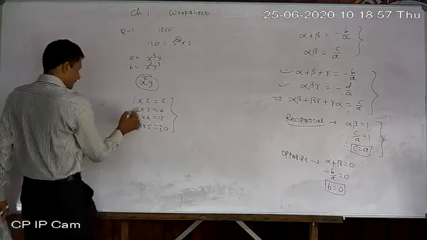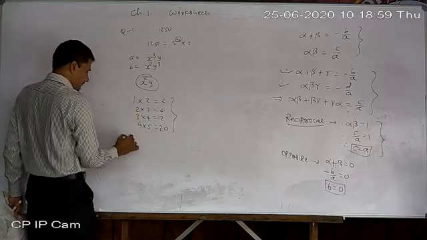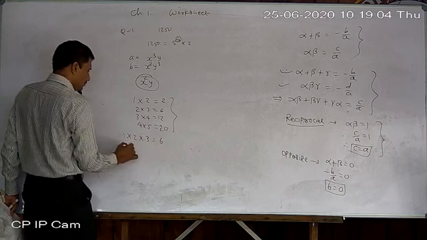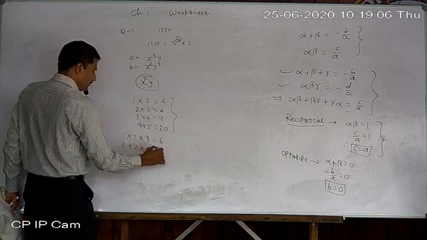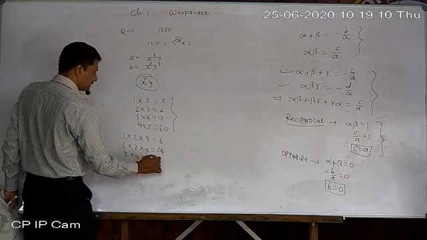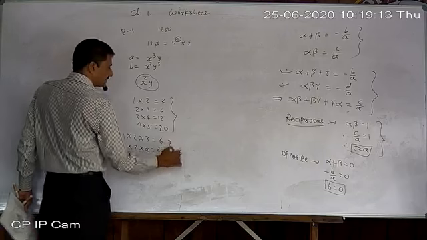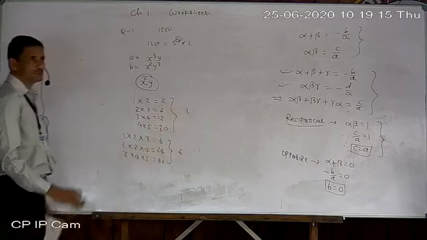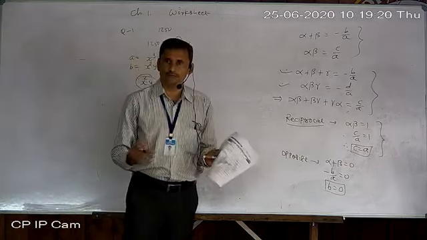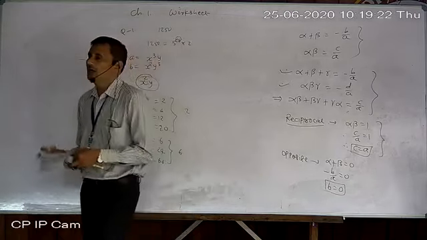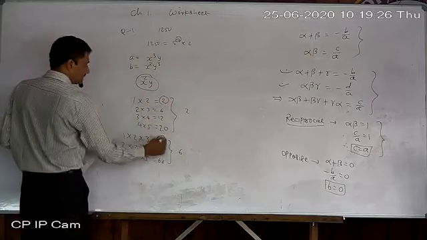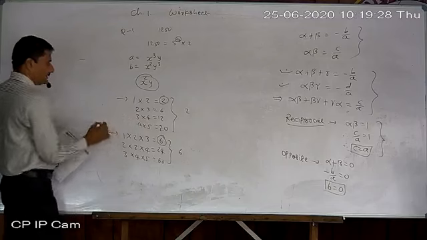Okay, same way, if there are three numbers, suppose three consecutive numbers are there: 1, 2, 3 is 6. Then 2, 3, 4 is 24. Then 3, 4, 5 is 60. So all are divisible by 6. They are also divisible by 2. Okay, so same way for 4 numbers, for 5 numbers, if they ask, then take some examples and give your answer. From the first line only you can give the answer.